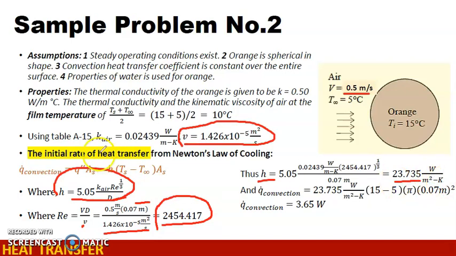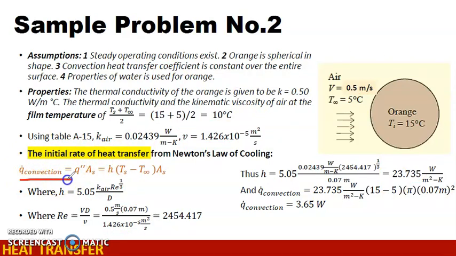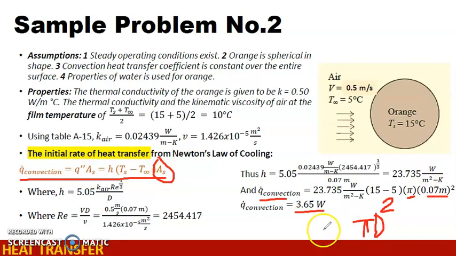And then finally, we can plug in all our data in this equation. So we have Q convection is 3.65 watts. Take note that for the surface area of the potato, we just use pi D squared. So the surface area of the potato, the entire surface, is pi D squared. That's why we have pi times 0.07 meter squared as our surface area. So that's our initial rate of heat transfer,